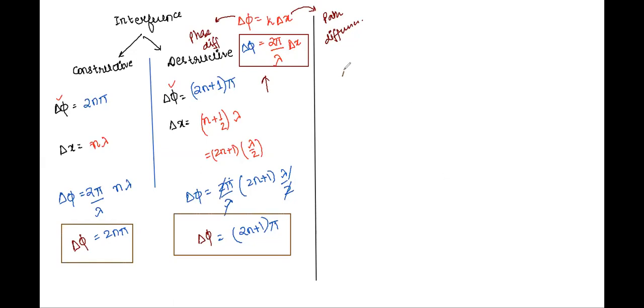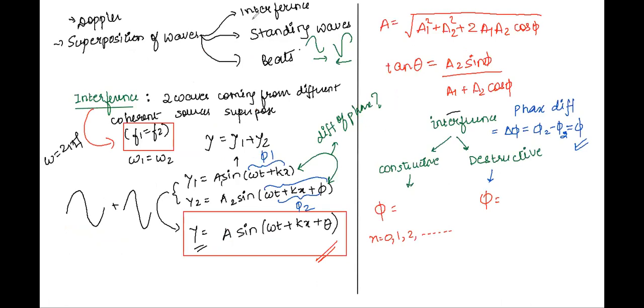Let's say I have one wave of this sort. Frequency should be the same. Now I have another wave of this sort. These waves come together and they interfere. They're traveling in the same direction. It's very important, because if they travel in the opposite direction, then a standing wave will be formed. We don't want a standing wave. Right now we are discussing interference, then we'll reach standing waves and beats.